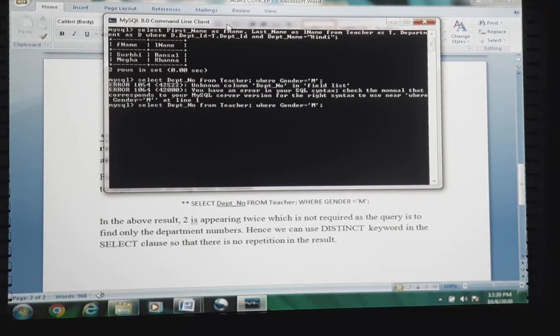Okay, so it contains an error here. Semicolon should not be placed in between. Okay. Now execute. Error: unknown column department number.